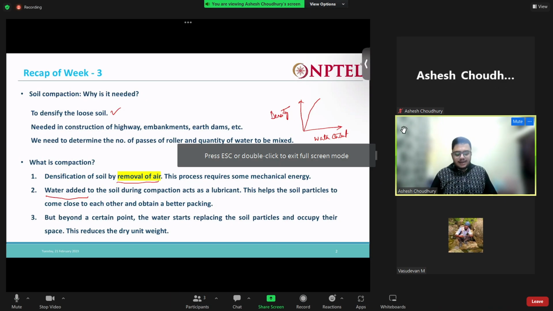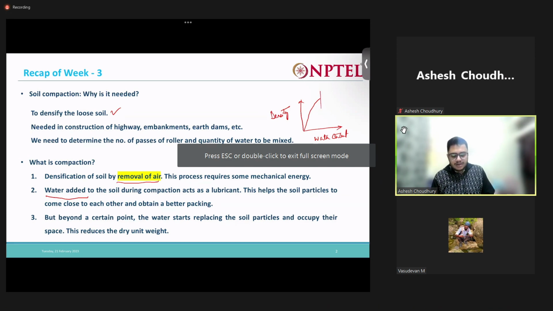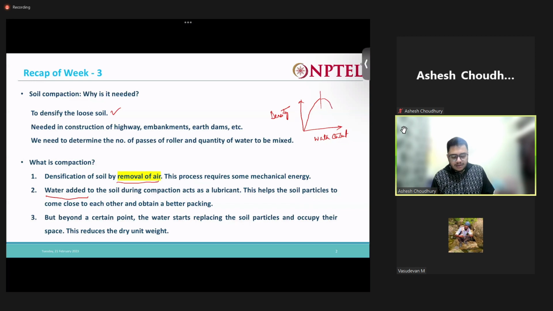But after a certain maximum point, the density keeps on reducing. This happens because